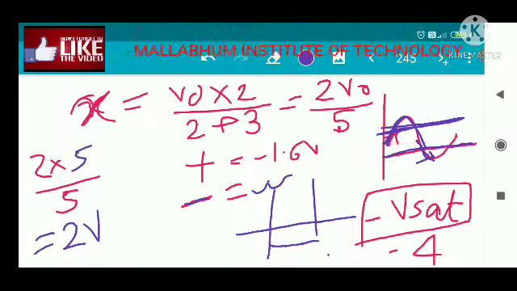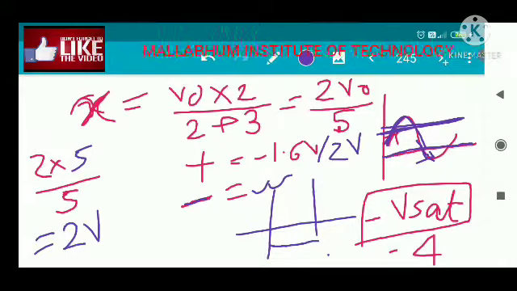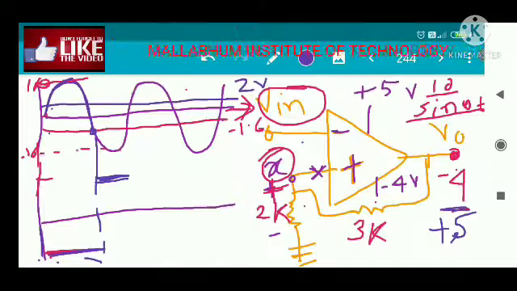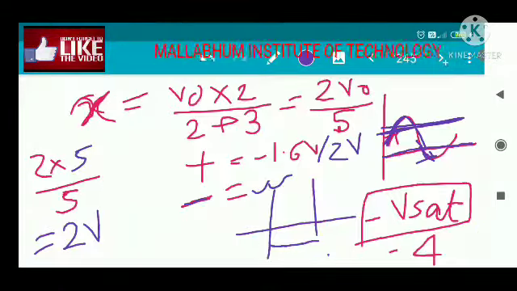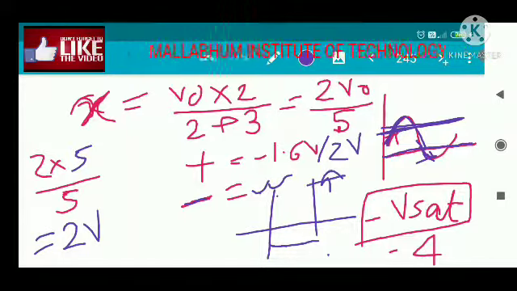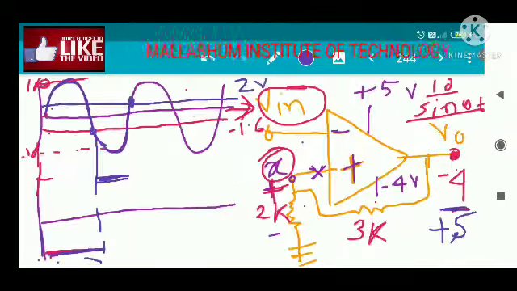Now the voltage is 2 volt and the input voltage is below 1.6. You can see that the input voltage is below 1.6 at this point. At this point, input voltage again crosses the 2 volt line. So as the input voltage crosses the 2 volt line, the input is given to the negative terminal. So this negative voltage is higher than this positive voltage,